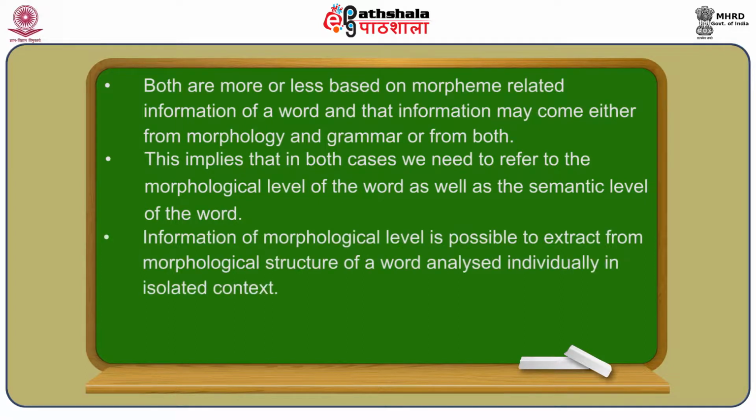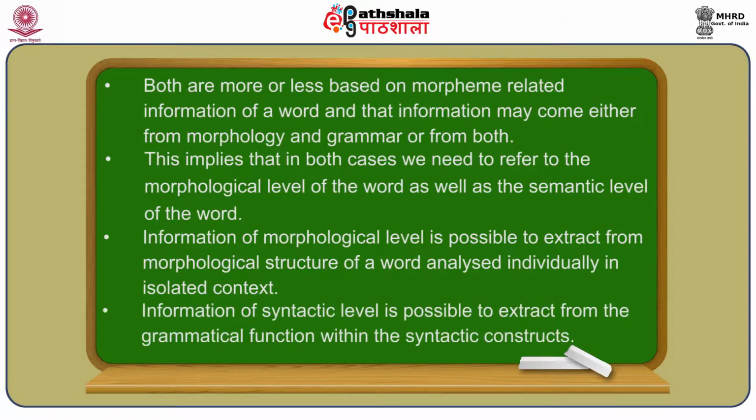So information of morphological level is possible to extract from the morphological structure of a word, analyzed individually in an isolated context. It is very much possible that we can analyze a word in an isolated situation, dissect it into parts, and identify its morphemes and their functions. Also, we can find out what kind of combinations are actually taking place, or how the concatenation between the two elements generates the final form. That is very much possible. On the other hand,